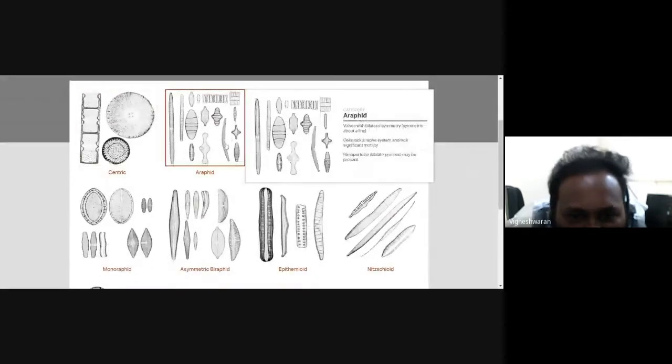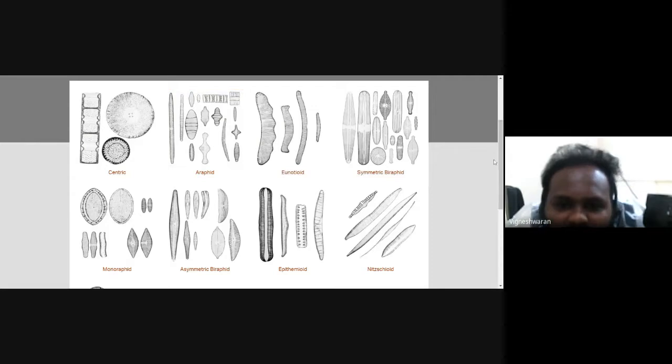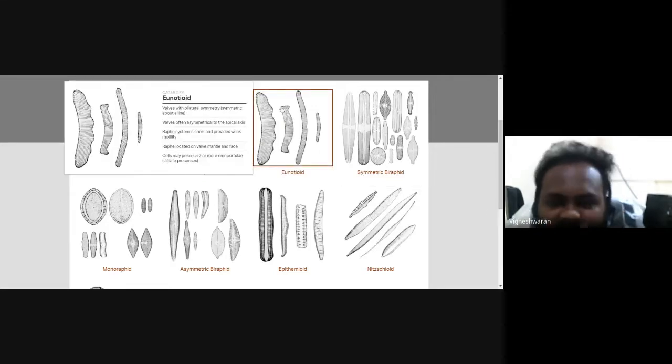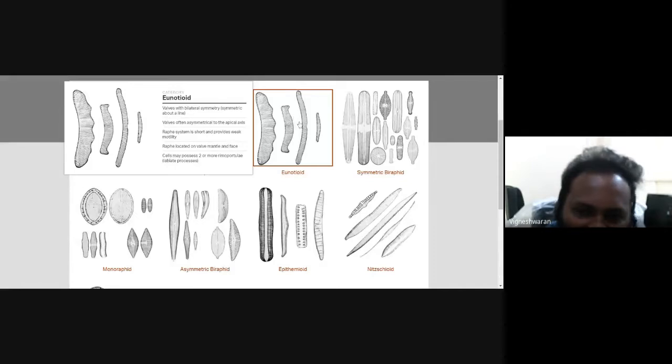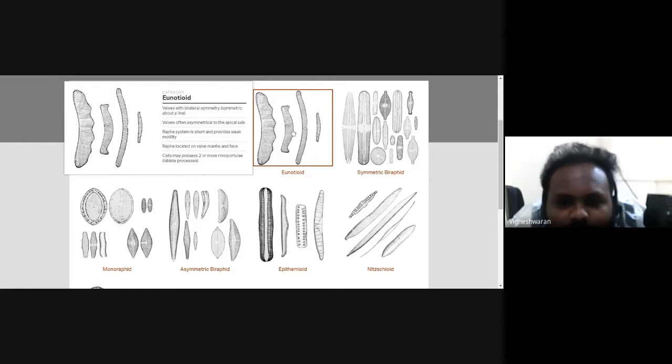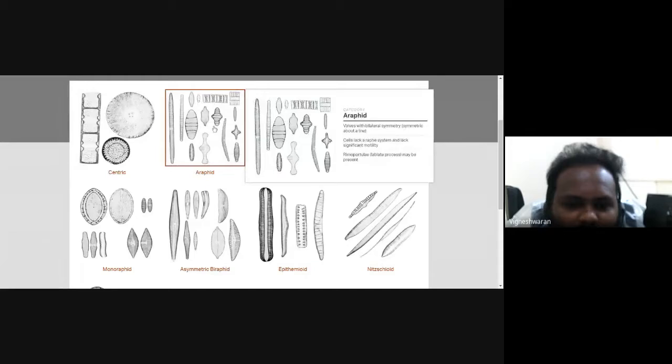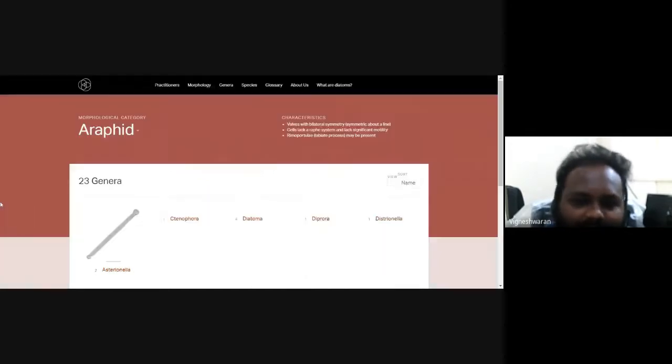Now we will see different types of diatoms based on the raphe presence. Here this is the araphid diatom. If we dissect the name, 'a' means absent, so araphid means there is no raphe. The rapheless diatoms are separated as one group, the araphid diatoms. Based on the wall structure also, people give names to diatoms. This kind of structure, people will say, is the Eunotioid structure, and diatoms in this group are called Eunotioid diatoms. So let's go inside the araphid ones.